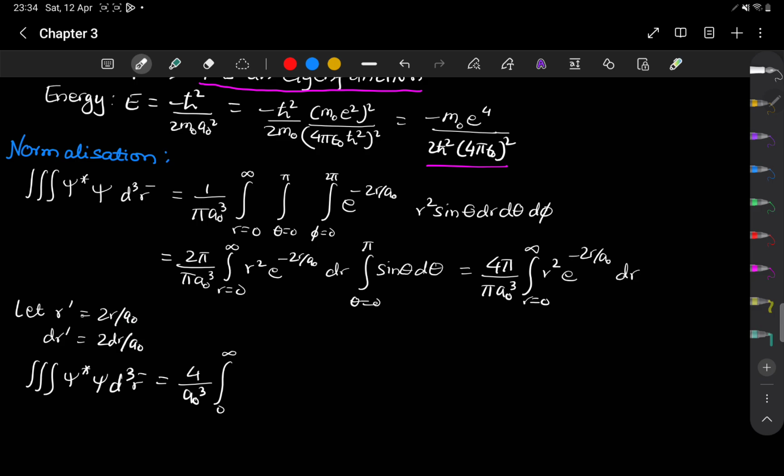So r is nothing but r prime a naught by 2, so it is a naught over 2 r prime, and dr is a naught by 2 dr prime. Taking all the constants out,